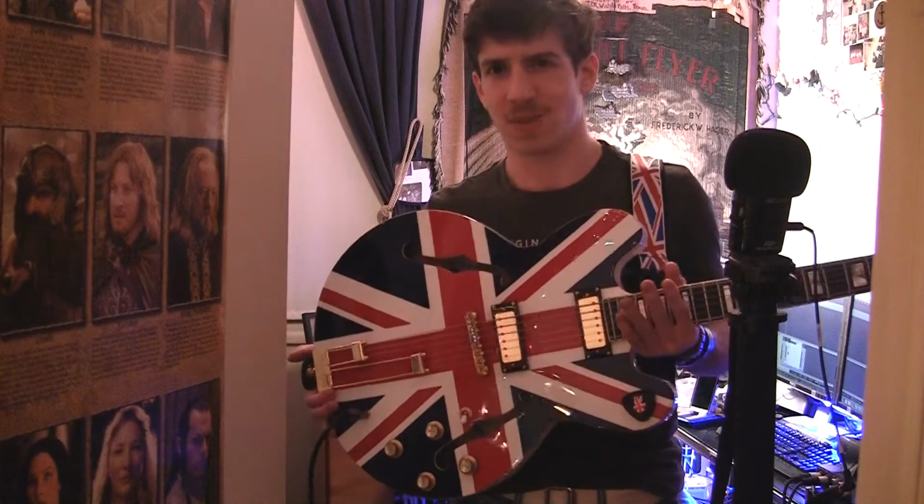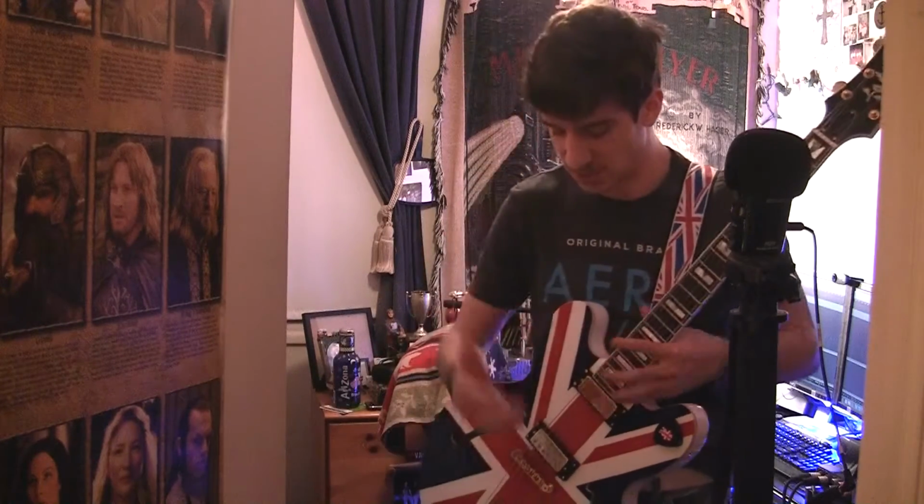This guitar was designed by Epiphone to commemorate the Beatles coming to America. Those of you who are Beatles fans will, I'm sure, be really ecstatic about that. I'm not particularly a Beatles fan. I just happen to like the flag design. I thought it was just a really eye-catching guitar, and it created such a beautifully warm sound